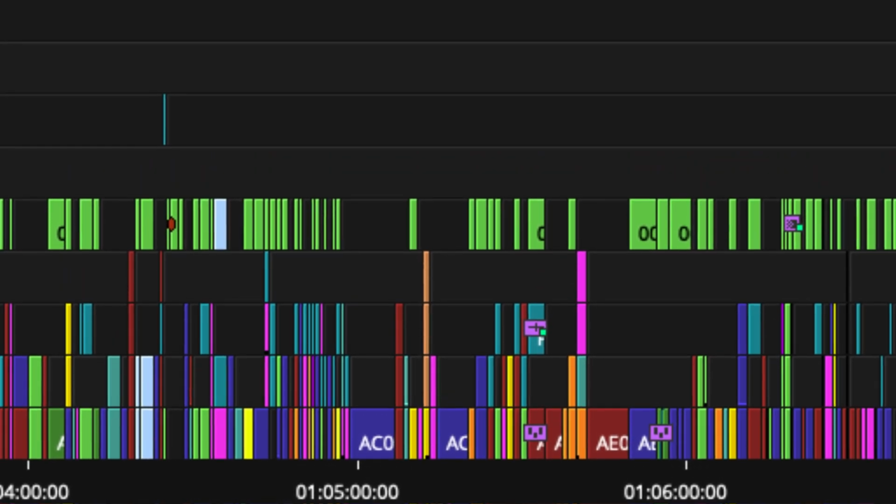So each one of those is a color representing a major character. So blue is the captain, for example. I think yellow is the XO. So it basically shows me how many shots of each character I've got in the timeline at a glance and who is speaking. So I can see who's doing the most talking by looking at the color of the clips. I'd actually used this in Top Gun Maverick to help me figure out how much presence each character had